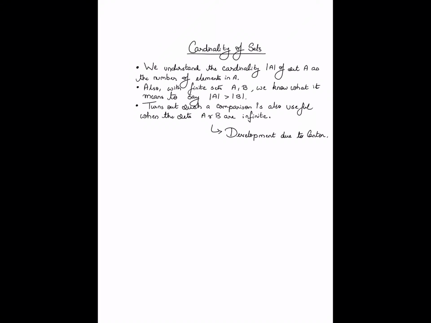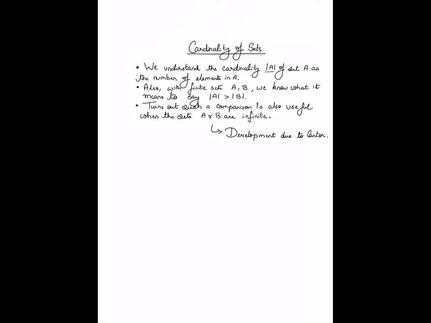We come to the final topic of chapter 1 in this course, and that is to do with cardinality of sets. Remember that for any set A, the cardinality of the set is denoted by mod A. And what is cardinality? I hope you've encountered this term before. The cardinality of a set is simply the number of elements in the set. So if a set has 3 elements, then we say that its cardinality is 3.